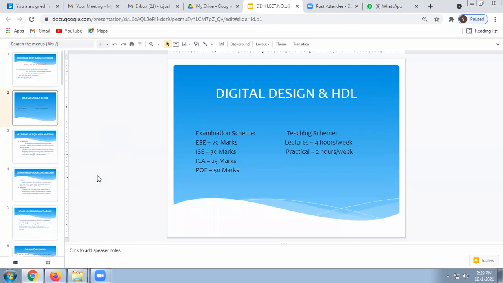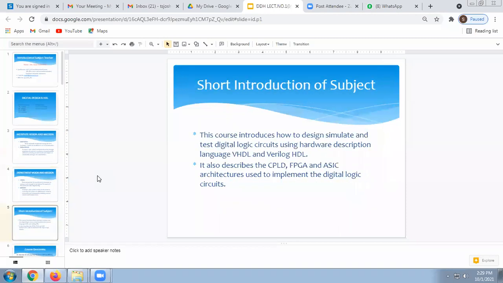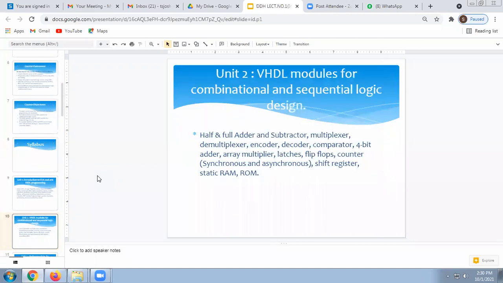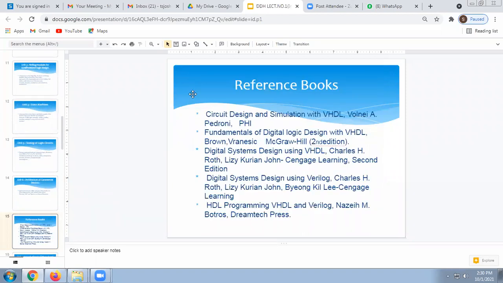Yes, ma'am. So in this lecture, we have seen the examination scheme, teaching scheme, institute vision and mission, department vision and mission, then a short introduction of the subject, course outcomes, course objectives, and the syllabus. These are the reference books. You can refer to these books. These are very good books. The first one is Circuit Design and Simulation with HDL, and the writer is Volnei A. Pedroni.